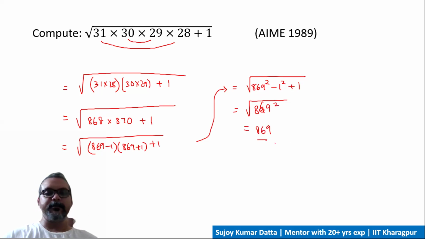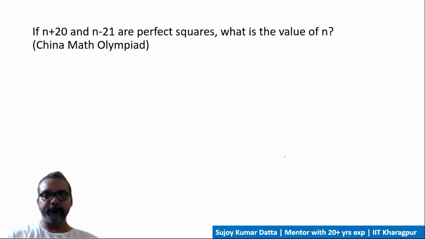So the result is 869. Okay, let's go to the next question. Here it's saying that n plus 20 and n minus 21 are perfect squares. Let's call those p squared and q squared. Now if I subtract them,